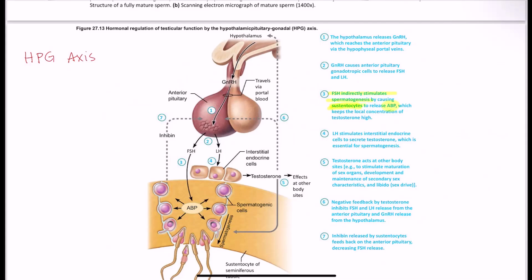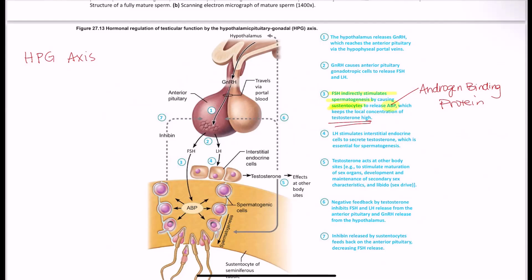That protein ABP stands for androgen binding protein. And what happens is that helps make sure there's a lot of testosterone in the seminiferous tubule. So we want to keep those levels of testosterone high in the seminiferous tubule because that's what's going to make